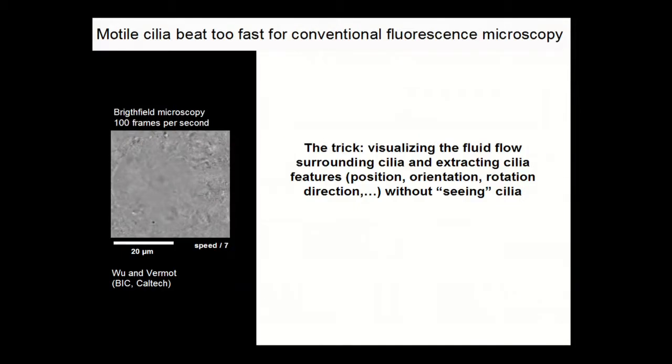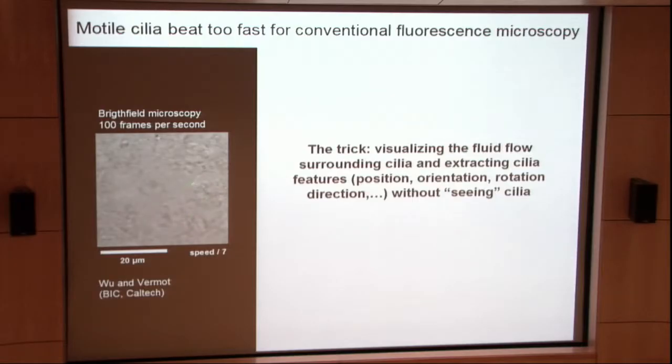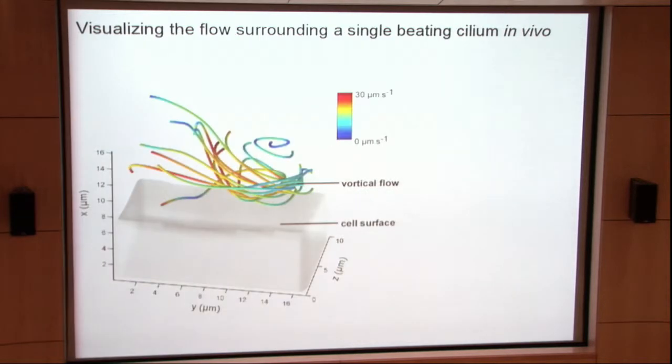The problem is that it's really hard to image the cilia because they are beating really fast, at 30 Hertz. So it's almost impossible to image in 3 dimensions, using a fluorescent microscopy technique, the beating pattern of these cilia. So what we did was to use visualization to overcome this limitation. We were able to label the flow surrounding the cilia, looking at the flow close to the surface, and we could identify some vortical patterns of flow. This is a visualization of the flow of the particles that are trapped within the flow close to the